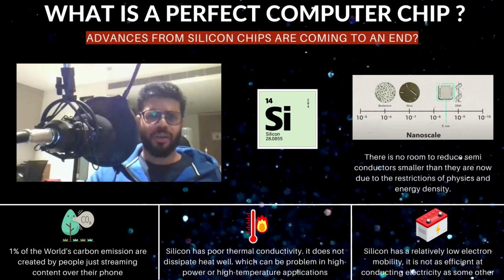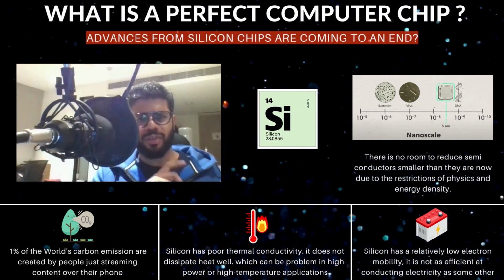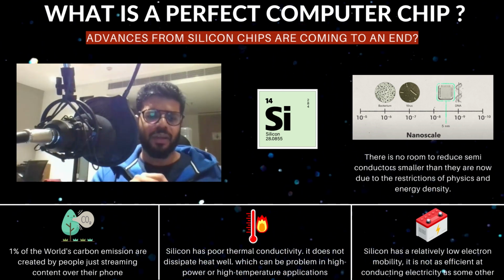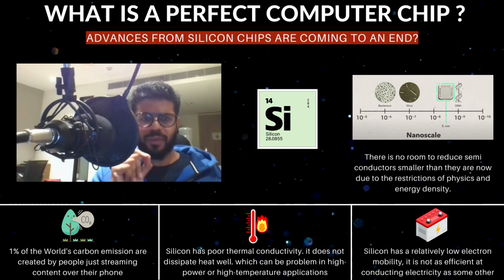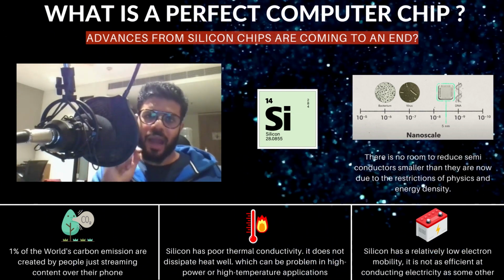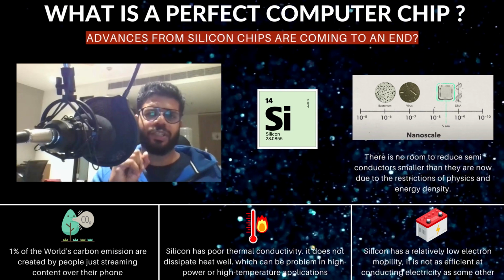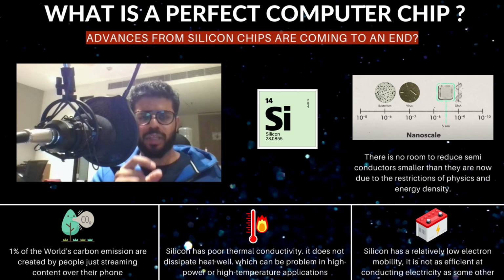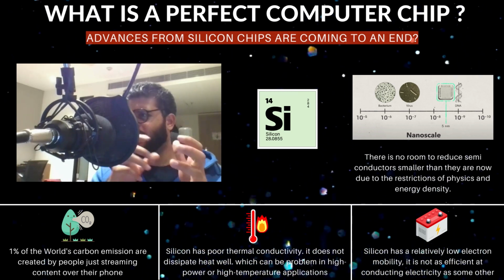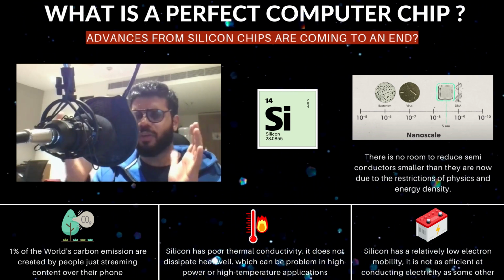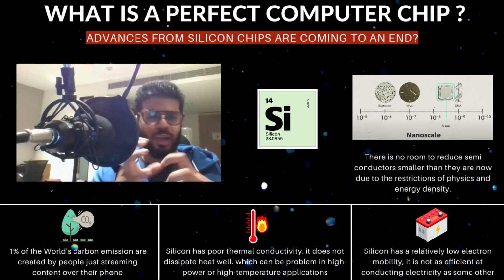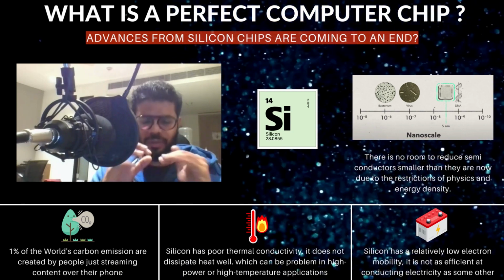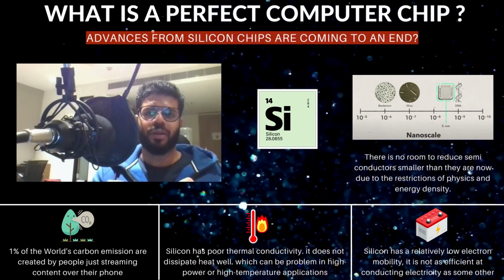From space hardware to toasters, modern life depends upon silicon based semiconductors because they make electronic devices smarter. But there has been a verge of deficit in silicon based semiconductors, and we have also hit a limitation of physics and energy density, wherein we can't go much smaller than the current size, which is, I believe, around 10 to the power of minus 8 to 10 to the power of minus 9, somewhere around this. We can't go much smaller than this, and the energy density cannot be improved either, which is the rate at which it is functioning at the moment.